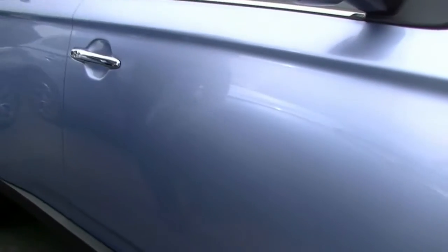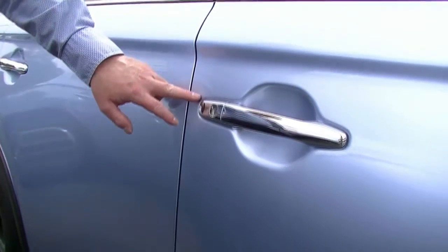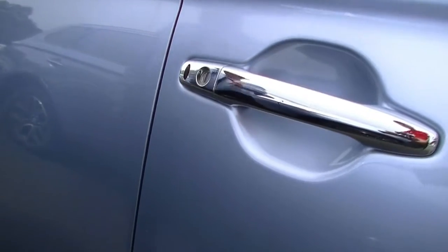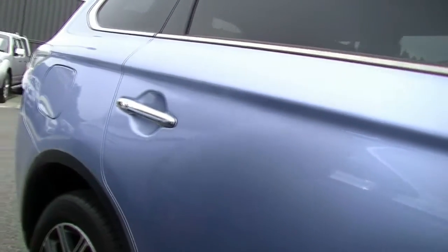Just skipping through, having a look at the door conditions, a couple of tiny little marks here I have noticed. The other thing you'll notice on the door handles for the front is the keyless entry. So we can keep the key in our pocket and be able to open and lock the car from that rubber button there. Coming further back,